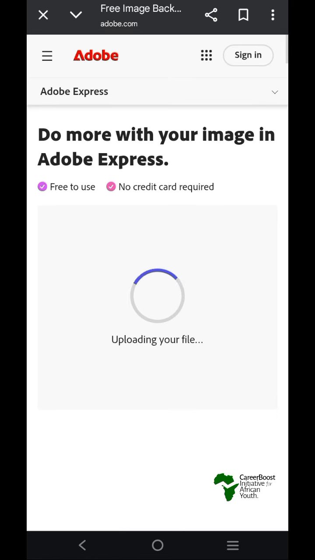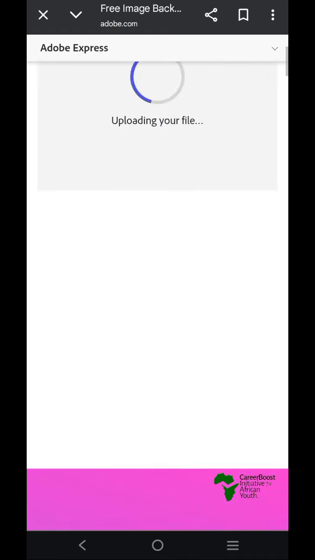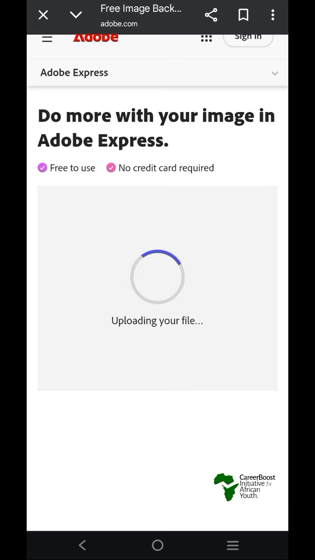I think Photo Room is even faster than this one. Photo Room is faster. Still uploading our file, but this one is absolutely free. You can use it and it's also excellent. So we just give it some time